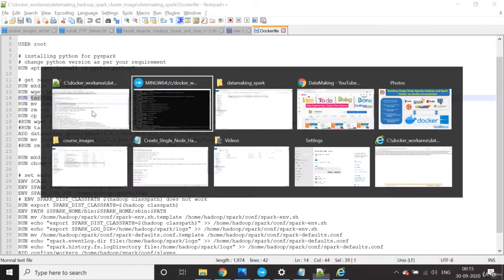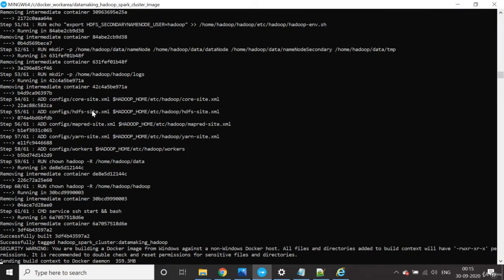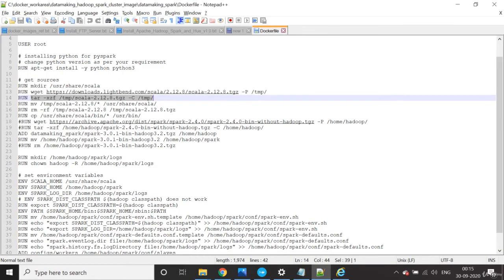I hope this Hadoop image is done. It is going to now run this Spark image. Once you set up Scala, this image file is actually a set of organized commands. When you want to run a shell command, you can use a RUN command.